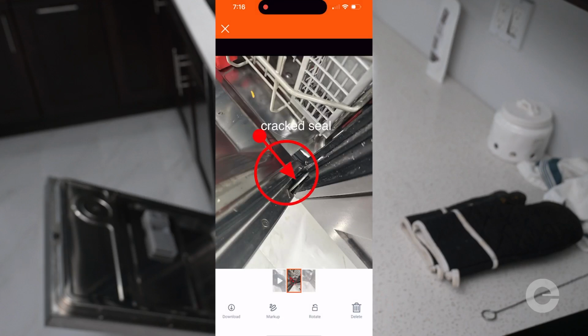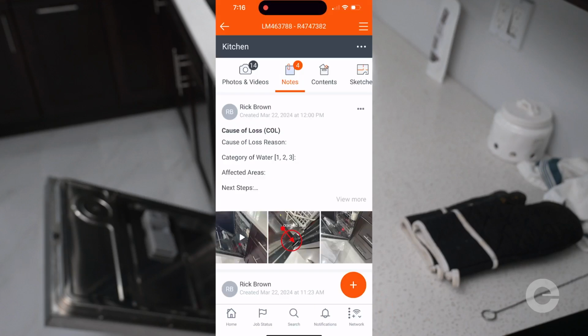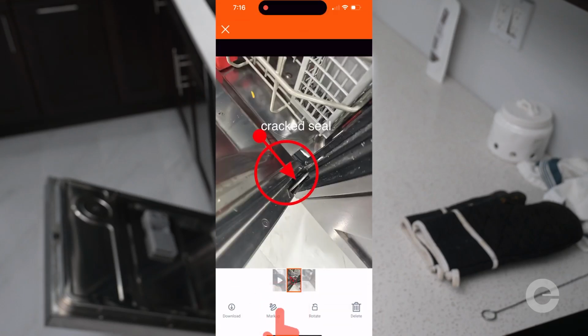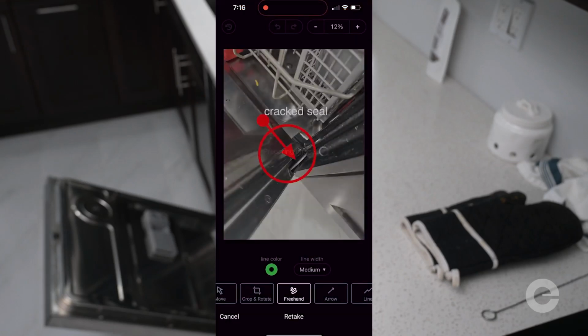If needed, you can edit or remove your photo annotations even after saving. Just open the photo and select Markup. You won't see the Revert to Original or Undo buttons anymore since you've already saved your changes, but you can